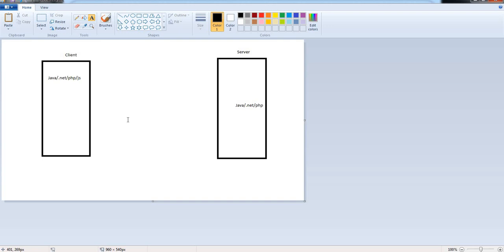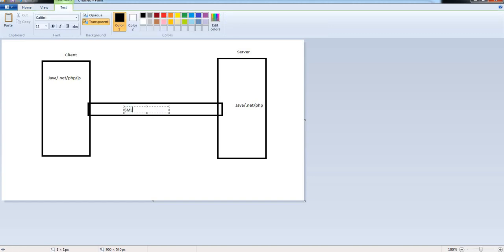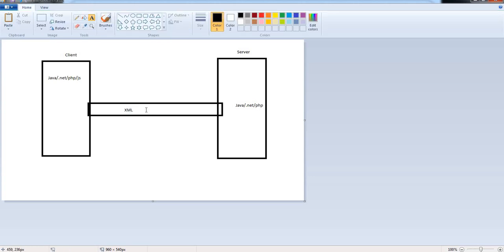Now I want to transfer the data from client to server. For that situation I have to use one intermediate language, that is XML. With the help of XML I can transport or transfer or store data from client to server.